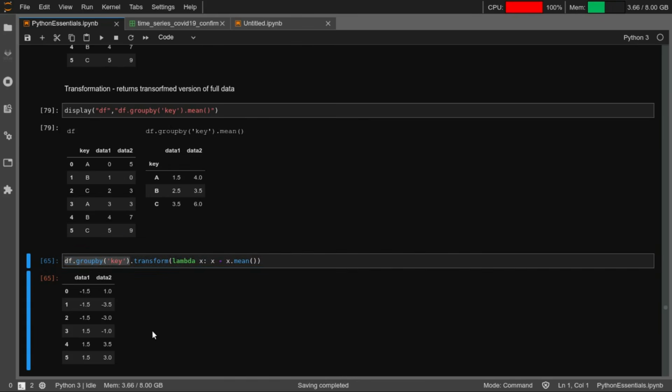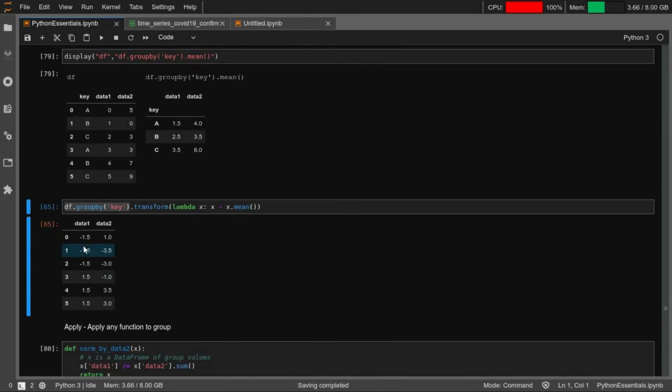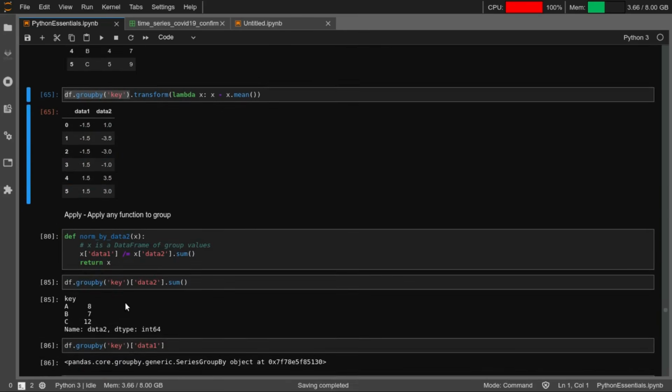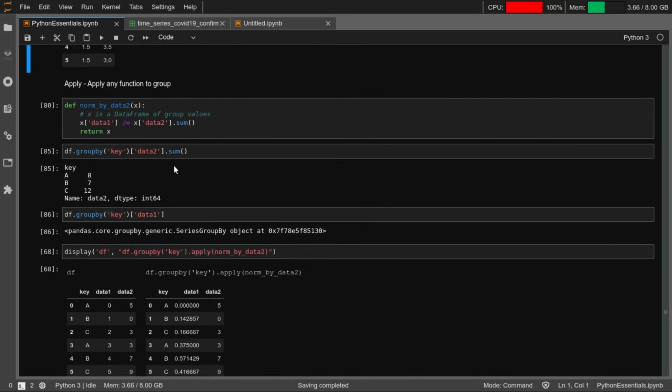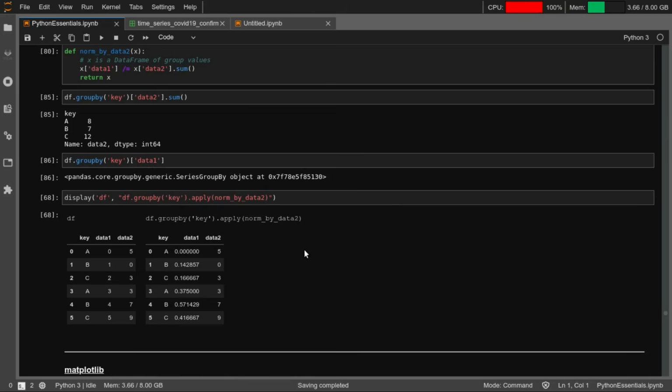So you can see that everything has the mean subtracted from it. There are certain examples in this whole notebook which we have also kept, but I have not explained in particular. I request all of you to go through them and raise any questions if you have.